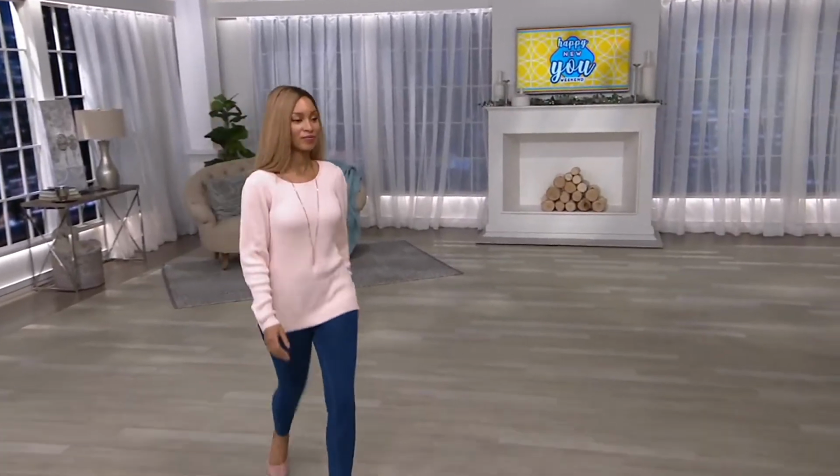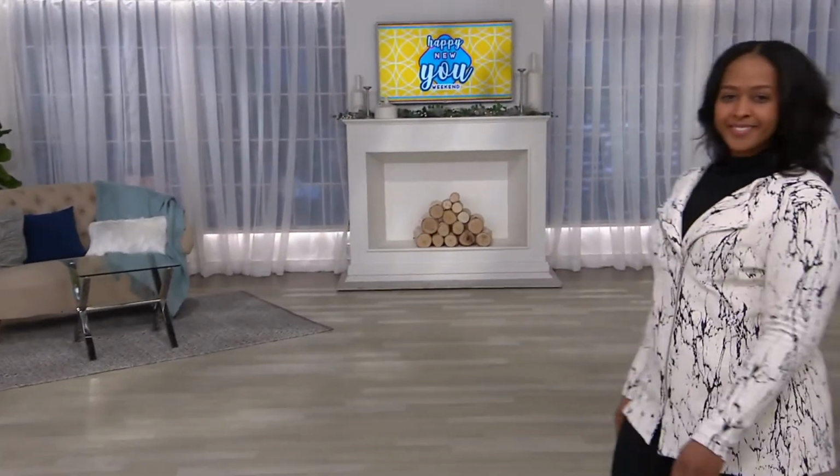Now we have a version of a moto jacket that's probably unlike anything you've ever seen. Typically when I think of moto jackets, I think of something that's a little bit more of a crop style. Halston does